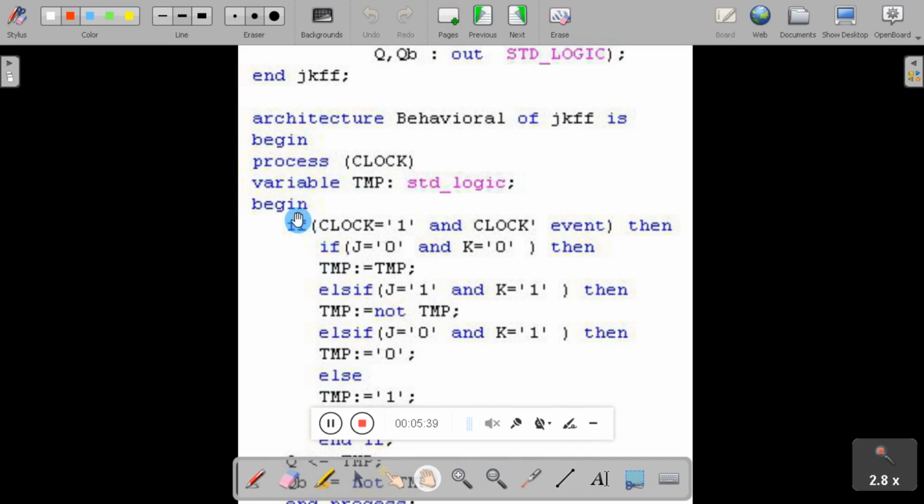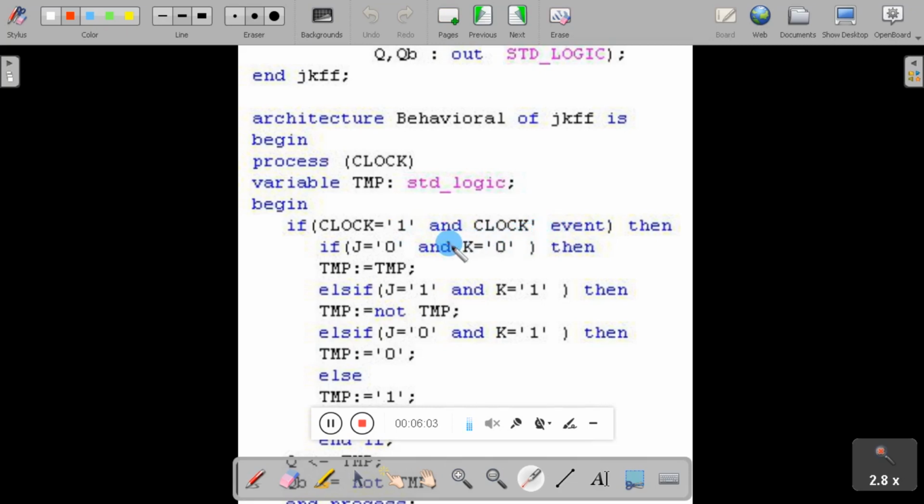Here you can see if the clock is equal to 1 and clock tick event, then clock is assigned with the binary value 1. This is the way of assigning binary value 1, in between quotes, and clock tick event.